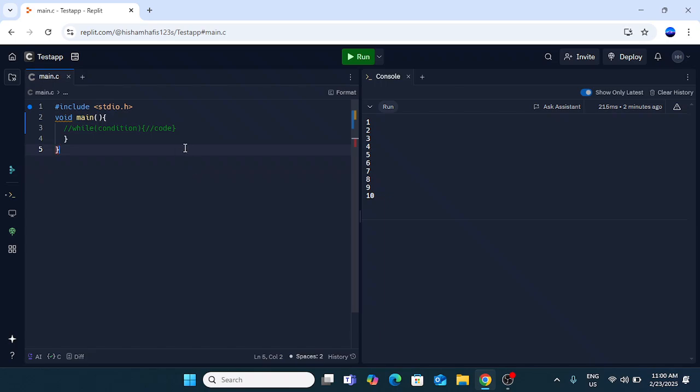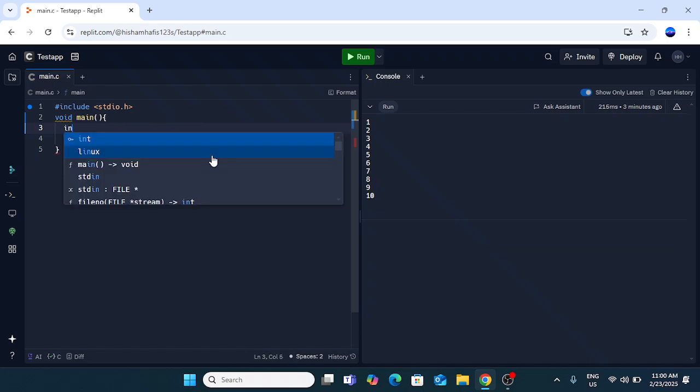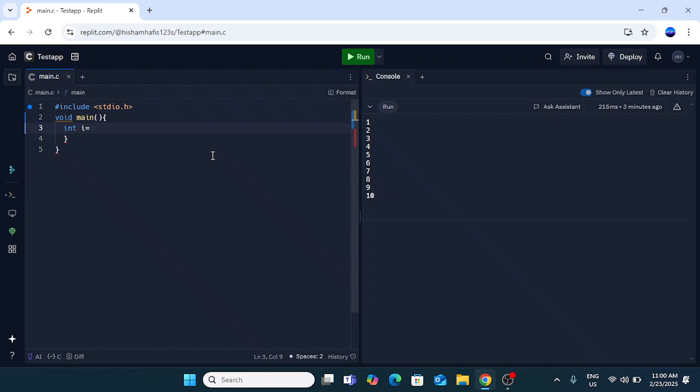So for executing a command or a code in a while statement, you have to first give the condition for it inside the normal bracket. Inside the curly bracket you have to give the code. For example, let's type int i equal to, let's say, 5, and while i greater than 0,